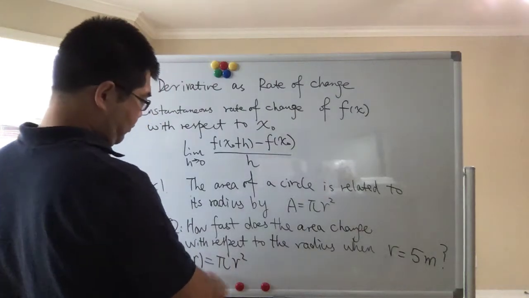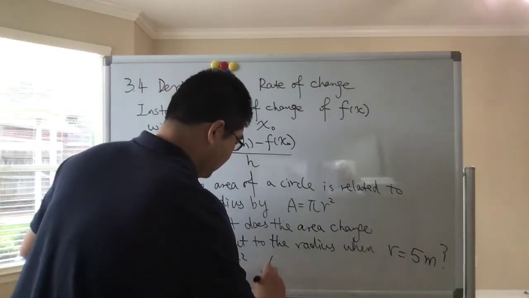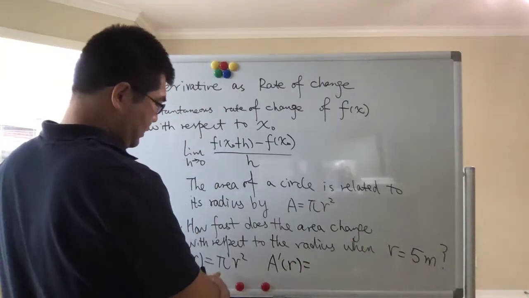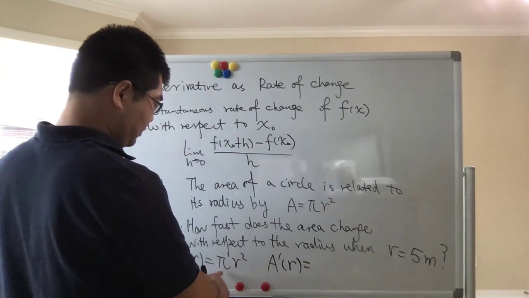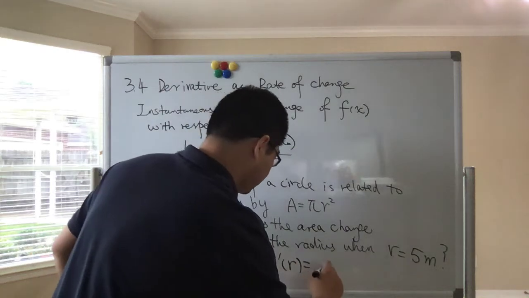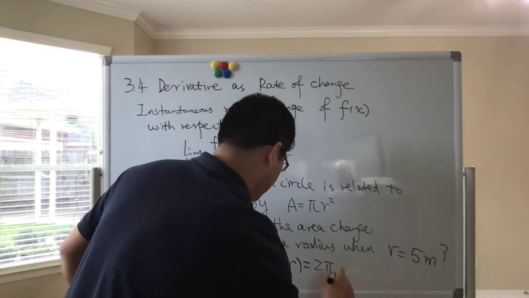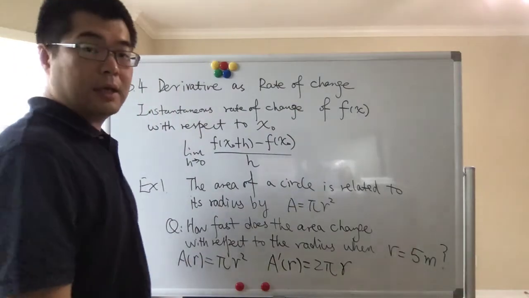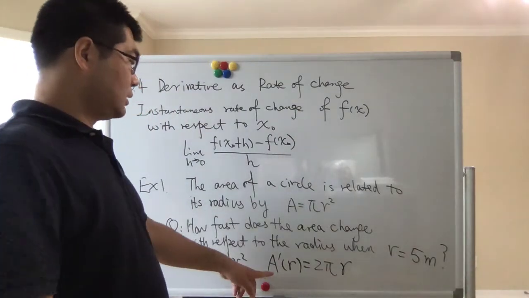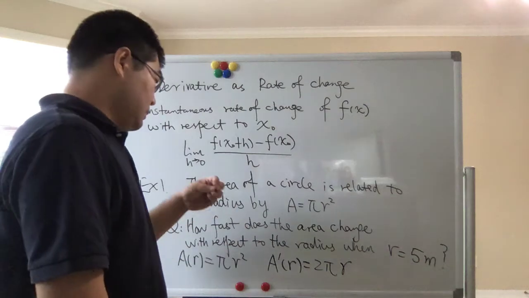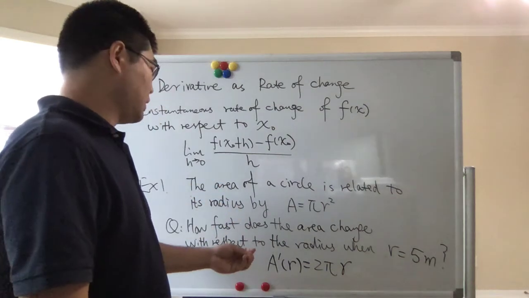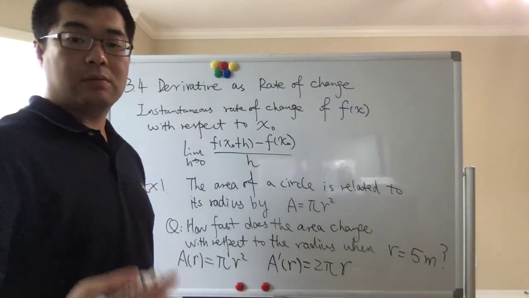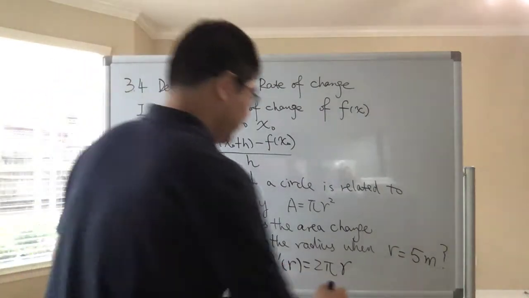And then if we take the derivative, based on the power rule, we're going to have 2 pi r. And you see that this is the rate of change of the area with respect to the radius. And we know that when the radius equals 5,